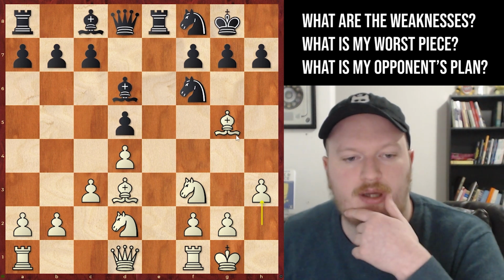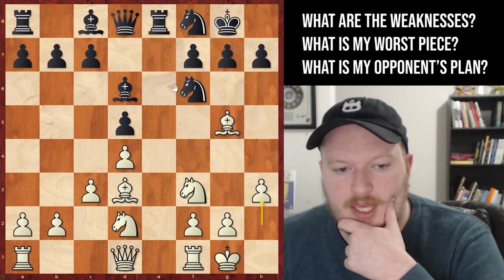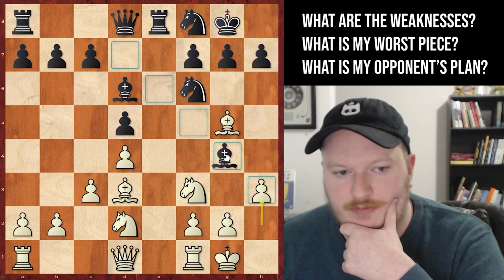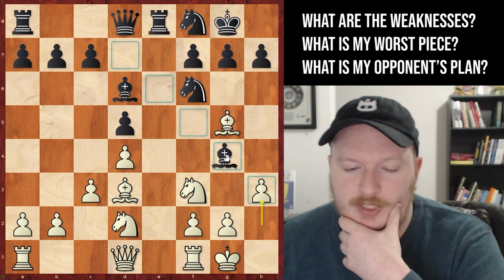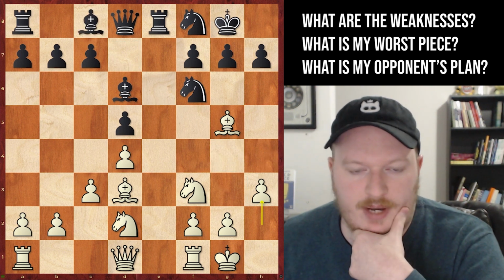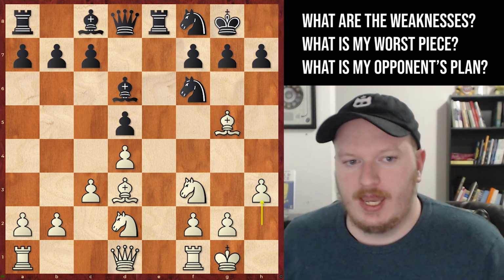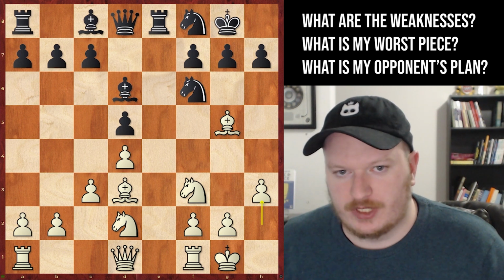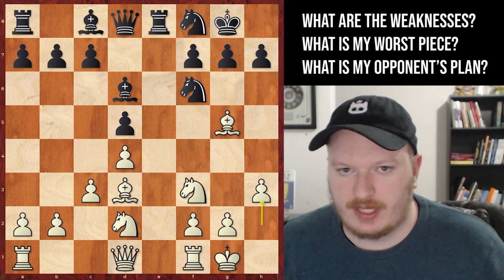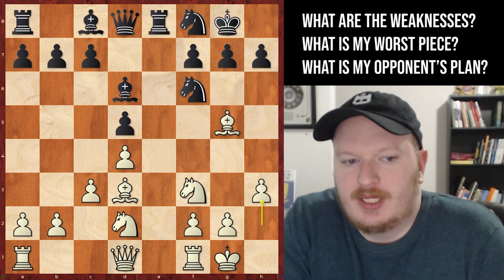After the move h3, all of a sudden we are preventing bishop to g4, which we can be quite happy about. Now, after h3, they have to come up with some other sort of development. And we can go on in this position and play out some sort of fake game that isn't really too relevant to the situation,